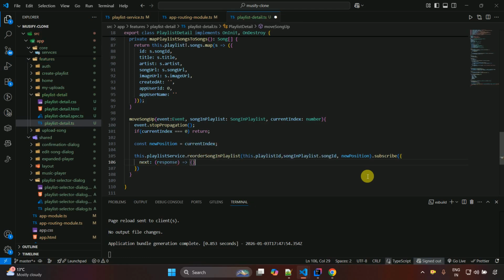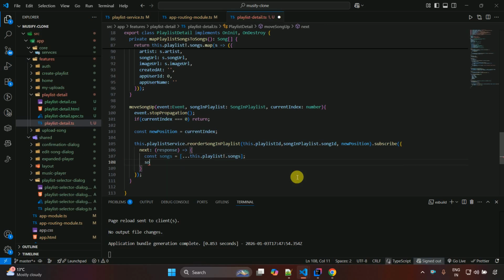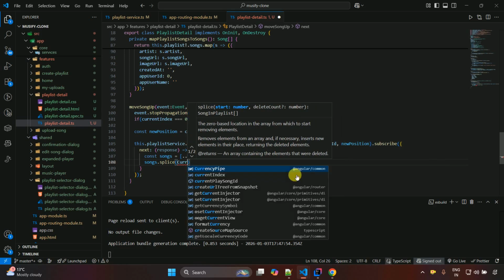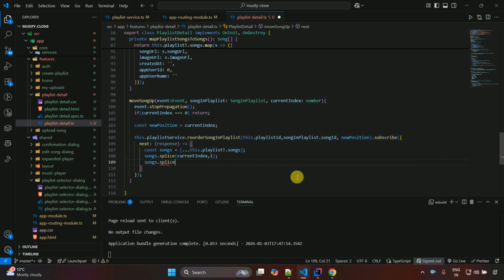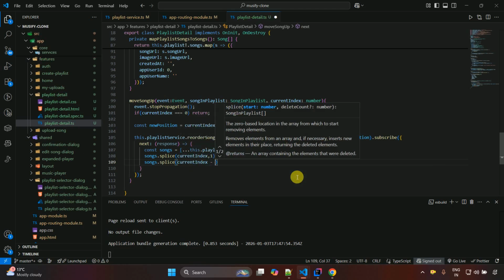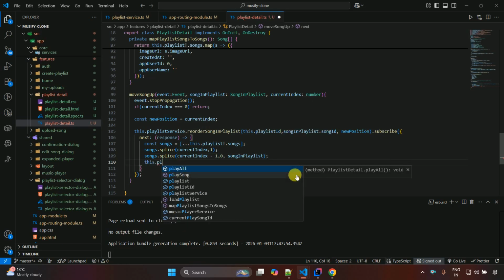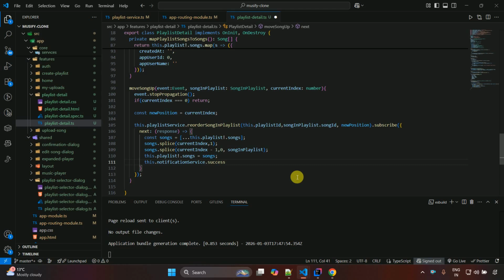and then semicolon, and const songs, this.playlist?.songs, this one, and songs.splice, and currentIndex, comma 1, and then songs.splice and currentIndex -1 comma 0 comma, then we have to write songInPlaylist, and this.playlist?.songs we have to pass, and then songs whatever we get just need to add over here, and then we have to show the notification, so notification.success, and response.message we have to just pass